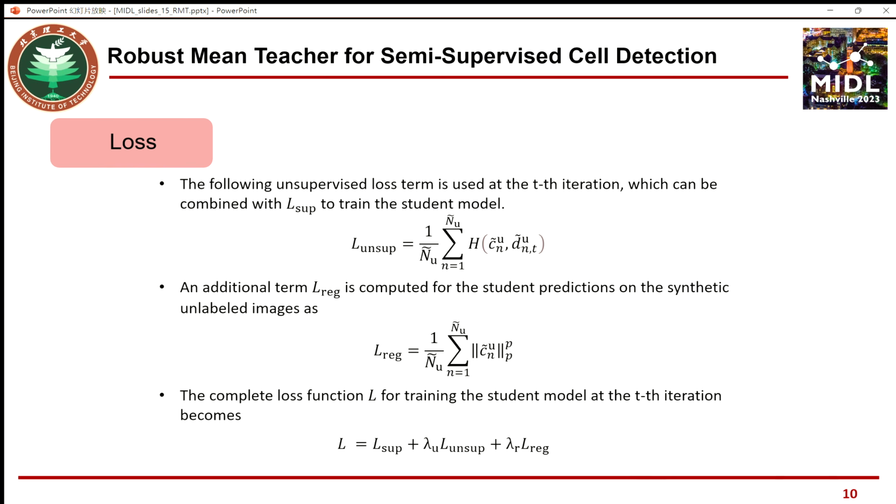The following unsupervised loss term is used at the t-th iteration, which can be combined with L_SUP to train the student model. An additional term L_REG is computed for the student predictions on the synthetic and labeled images, and the complete loss function L for training the student model at the t-th iteration becomes: